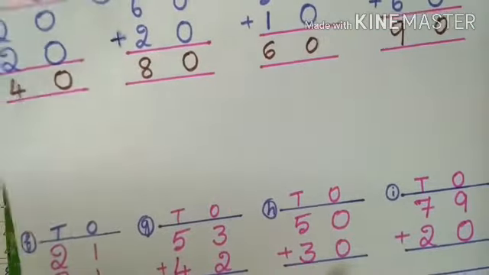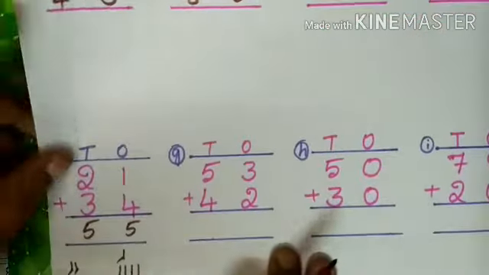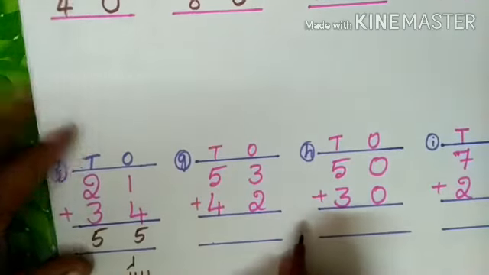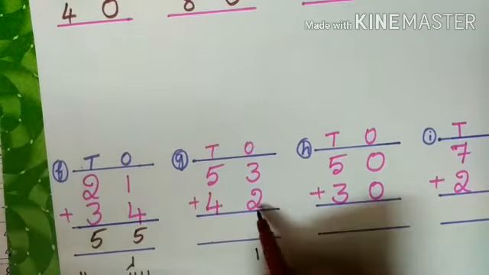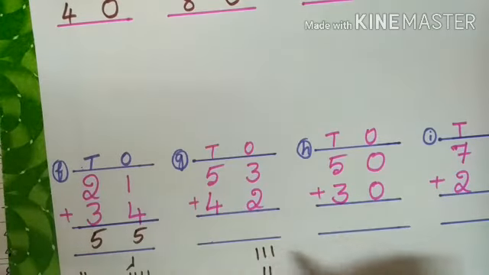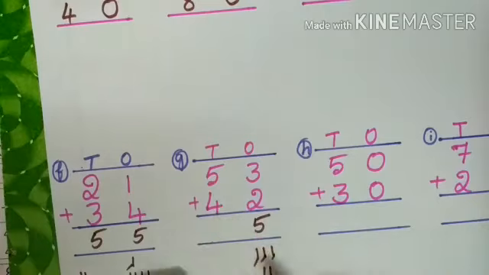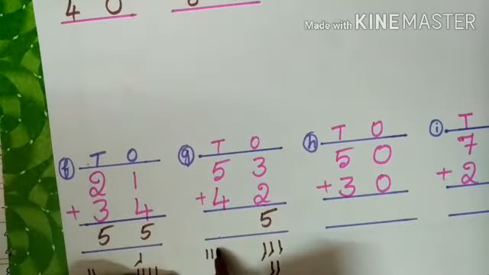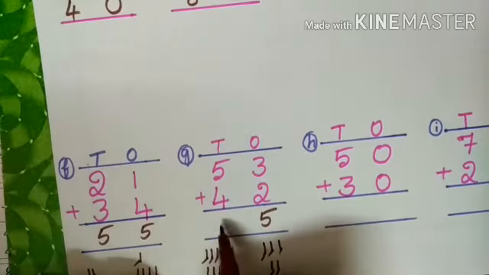I hope everybody understood to do this one. Addition is very easy. If you like it, it is very easy. Here 3 is there. Right here 3 lines. 2 is there means right here 2. Here total lines are 1, 2, 3, 4, 5. Right here 5. Here 5 plus 4. Right here 5 lines. 1, 2, 3, 4, 5. Another 4. 1, 2, 3, 4. Count it total lines. 1, 2, 3, 4, 5, 6, 7, 8, 9.